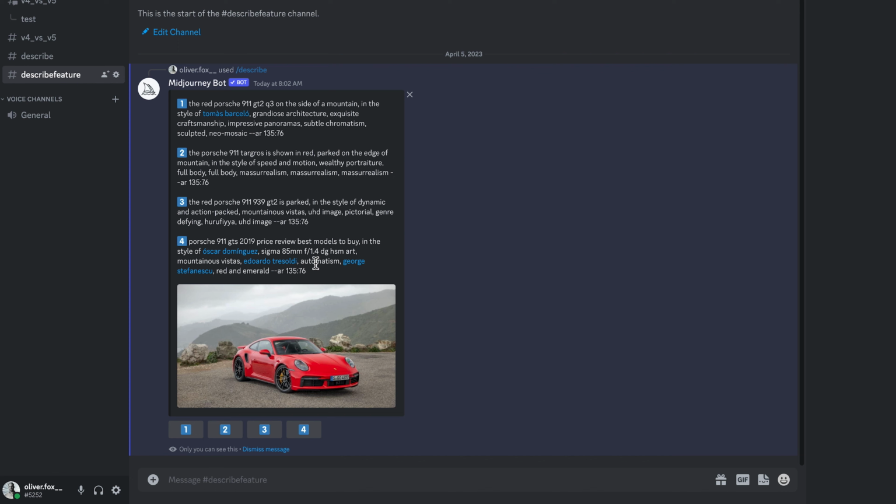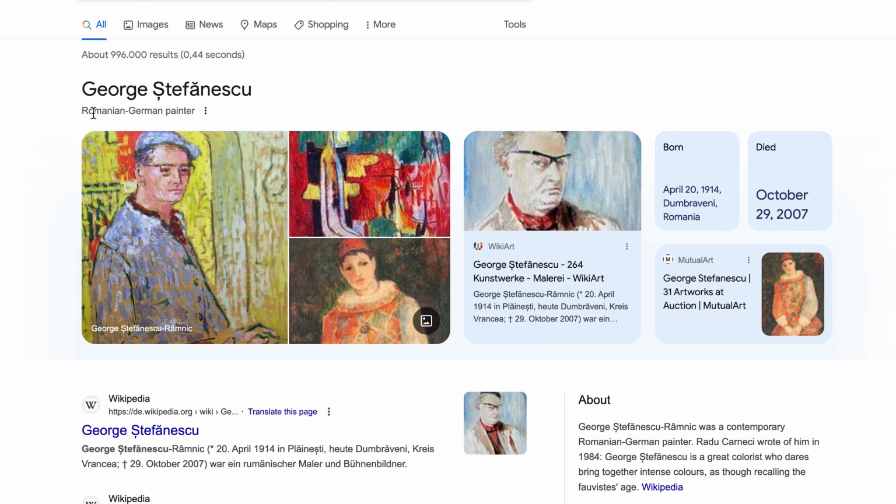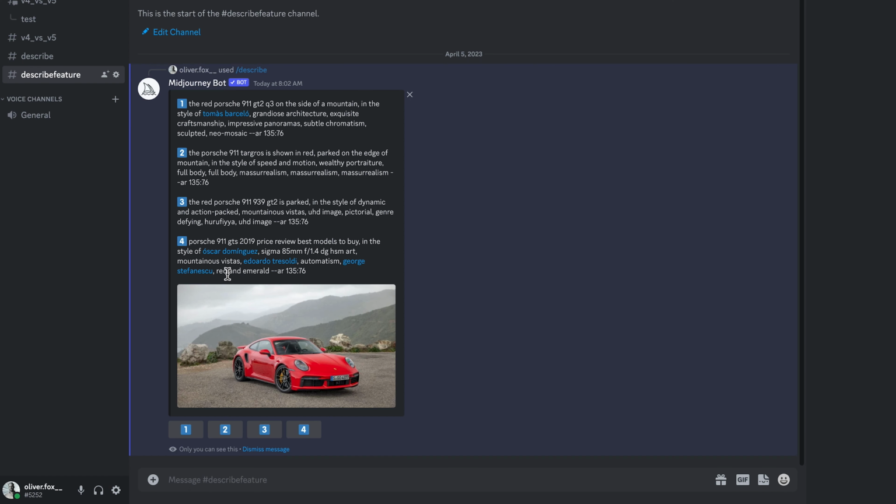Automatism, George Stefanascu. Let's check out who this is. Romanian-German painter. So again, interesting to see that it's chosen yet another painter or sculptor for the image that we uploaded. Red and emerald, and it ends with AR